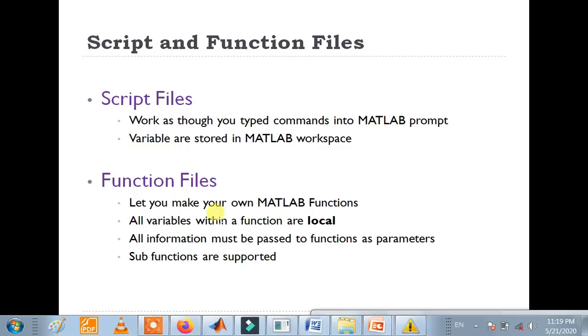Function files mean we can create a new function and write the function on our own. Our own functioning of code is stored on our local system, and that file will be stored with the function command as a function file. For the function file the extension is again .m, because it is a kind of script file only. In further sessions we will see how we create the function file and how we create the script file.